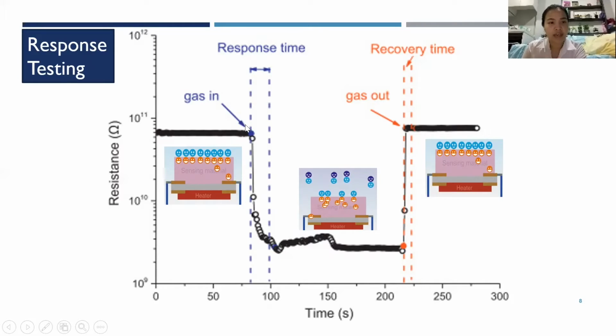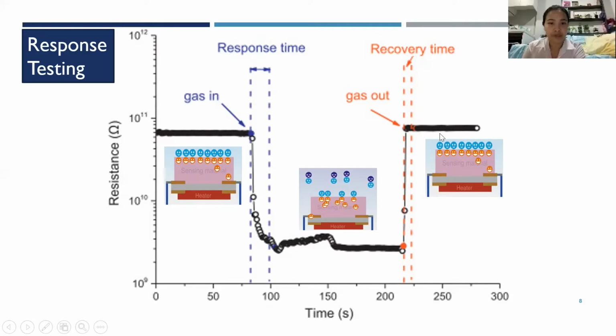Once the target gas comes in, the resistance starts to drop and stays constant for a while. Then when the target gas is gone, the resistance of the sensor recovers